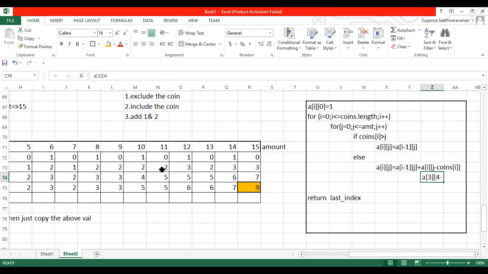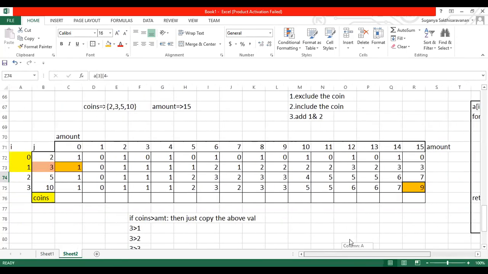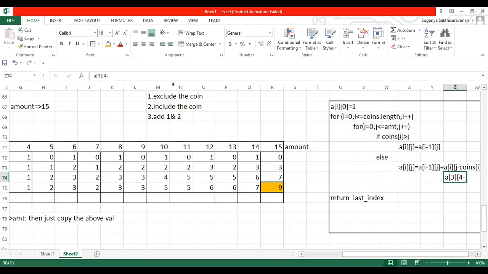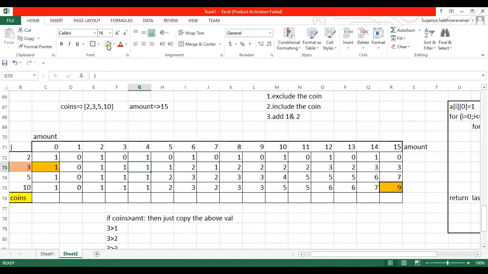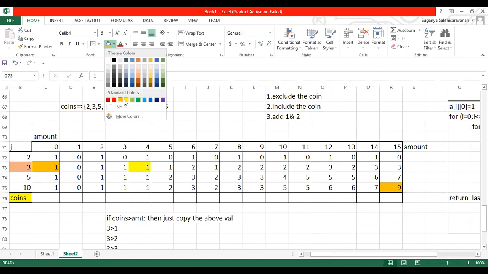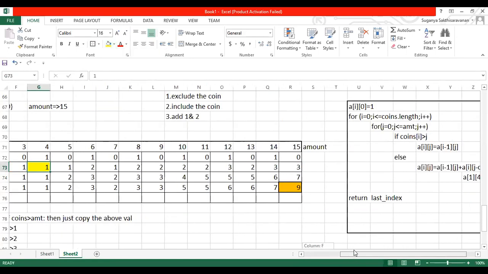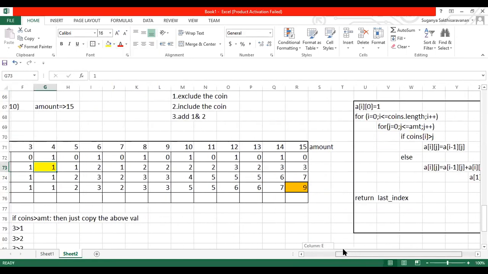Just a minute, I'll let you know. What is the i value? 1, right? If you want the exact one, array of 1, coin of, we'll take this scenario. Let us assume that you're going to find it for this value. What will you do? You will take the first above value plus array of ith value.